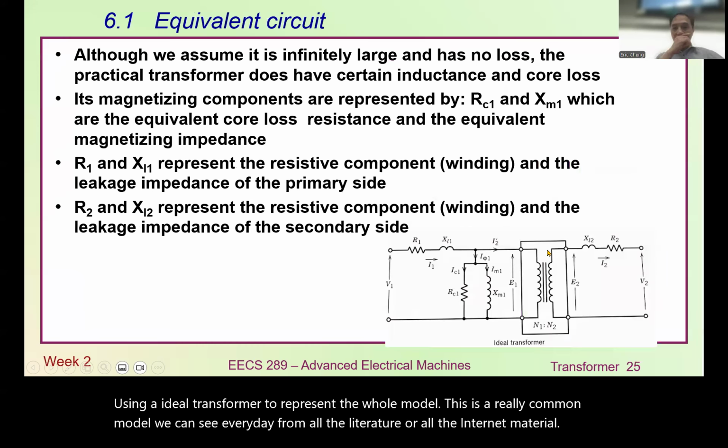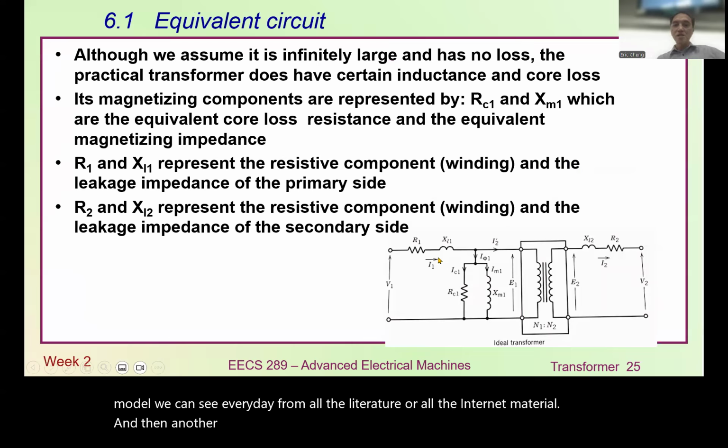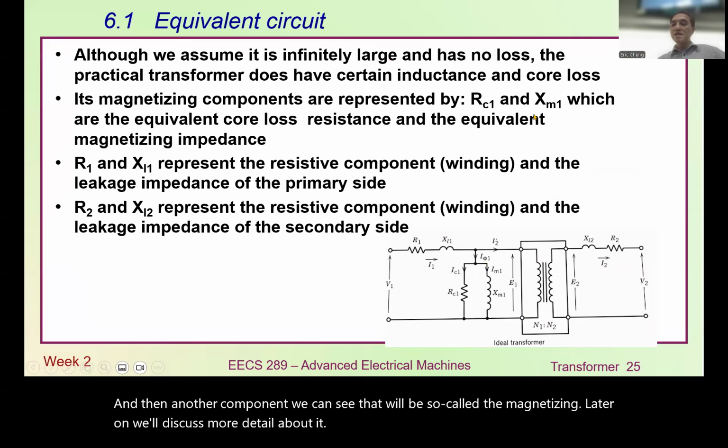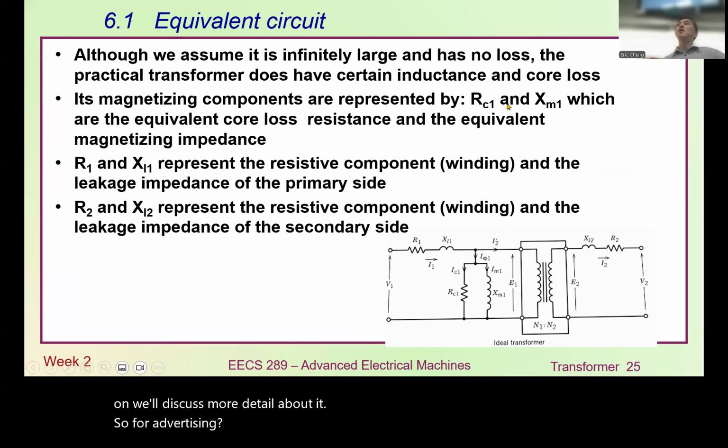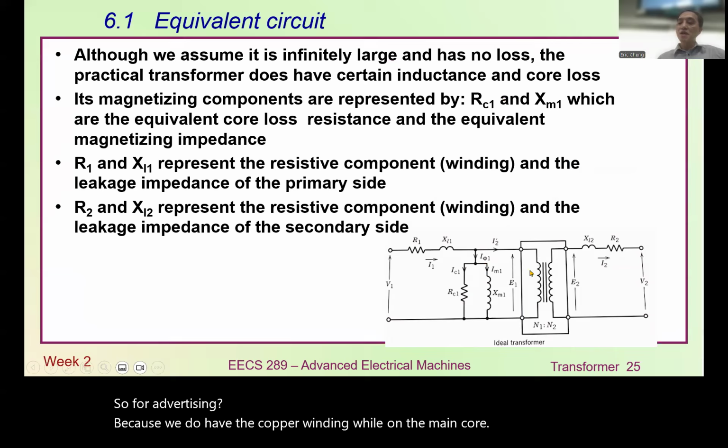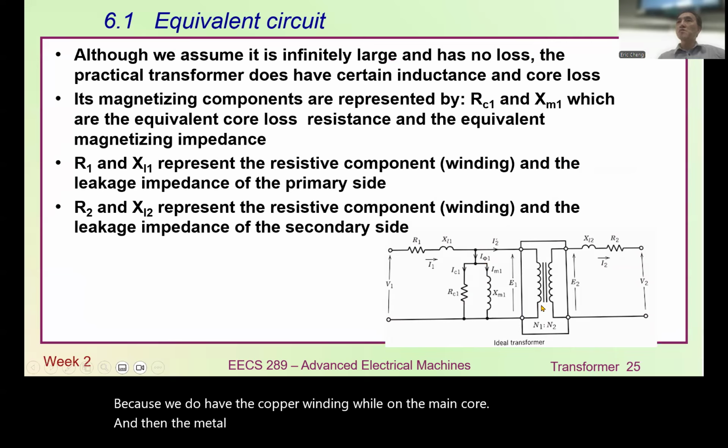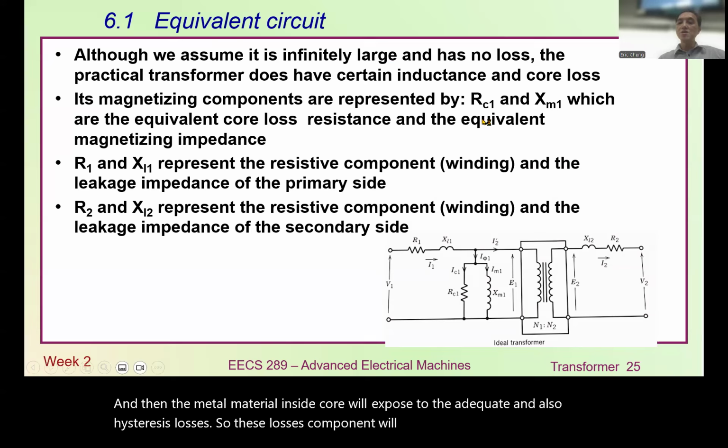And then another component we can see is the so-called magnetizing branch. Later on, we'll discuss more detail about it. For magnetizing, because we do have the copper winding wire on the main core, the magnetic material inside the core will be exposed to eddy current and also hysteresis losses. So these losses will therefore be represented by the